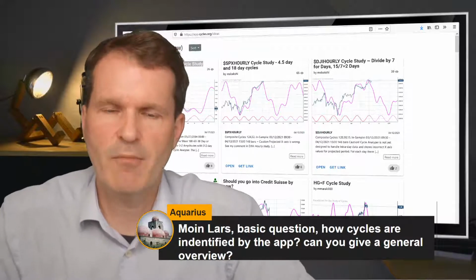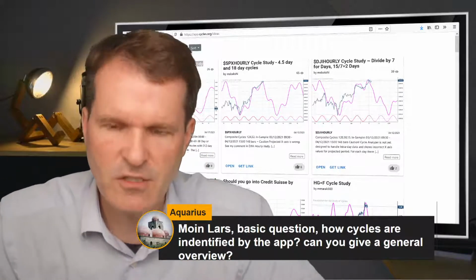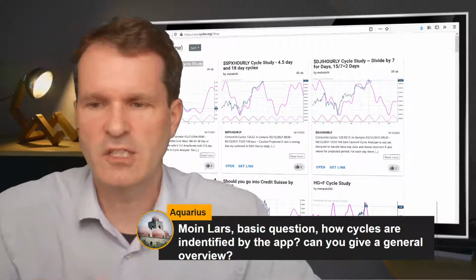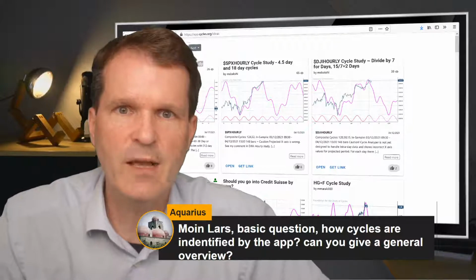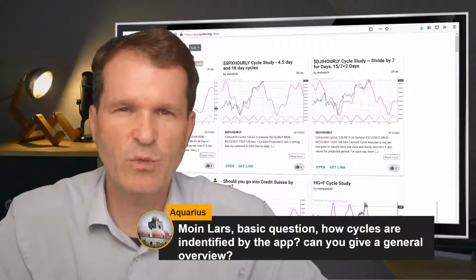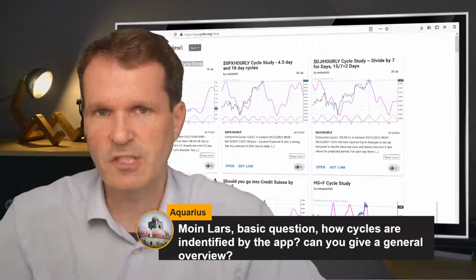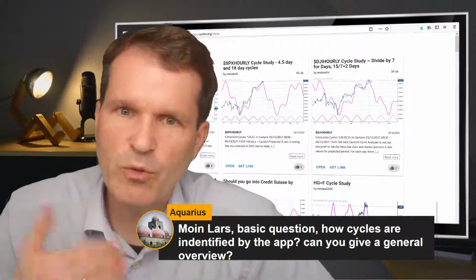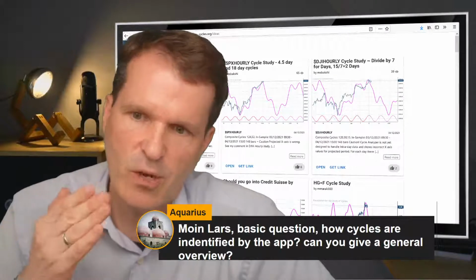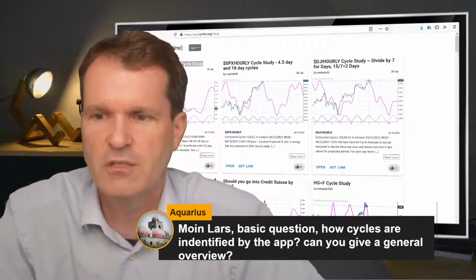So the trend is not part of the cycle analysis. Once the trend is taken out, the digital signal processing runs and puts out the spectrum chart, which is a standard result of this kind of digital signal processing. And then we read the spectrum in regards to picking the right cycles. And that's what I try to explain in almost every session here.